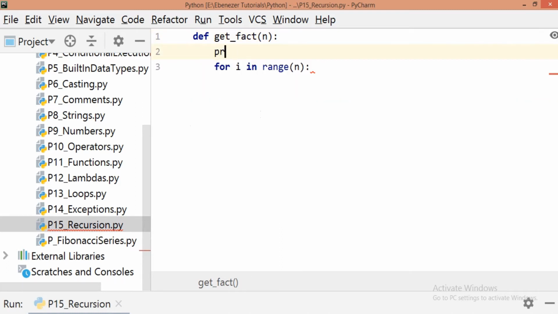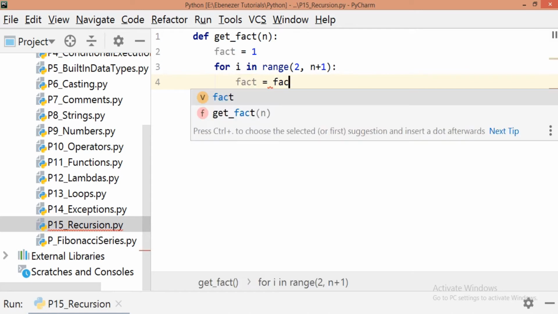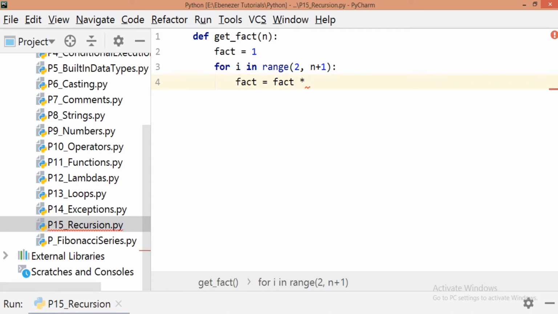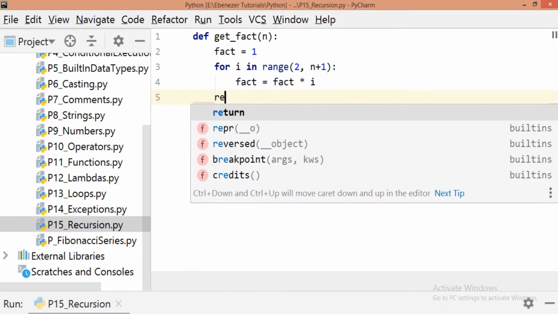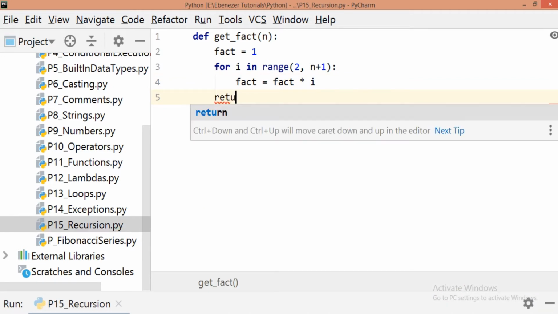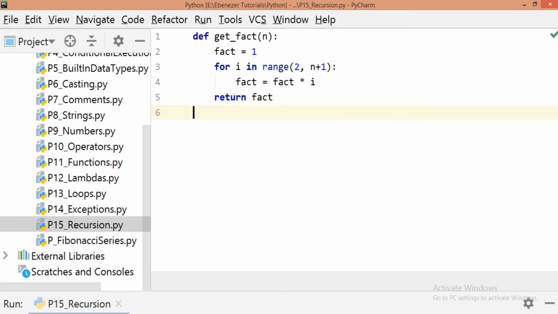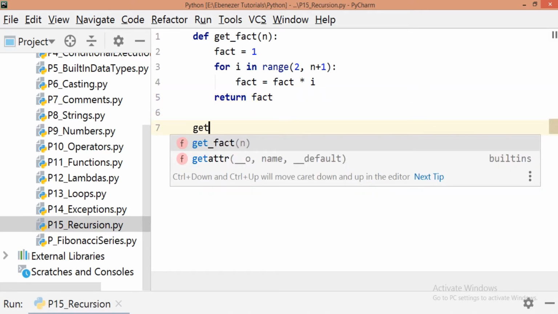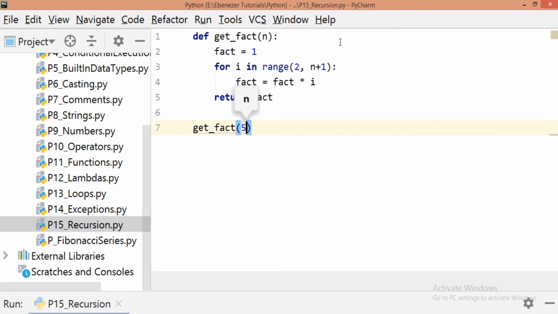First we will take a variable fact equal to 1. I will do for i in range, we can do it as 2 to n plus 1. So we will do fact equal to fact multiplied by i. Return fact. We will do getFact of 5.